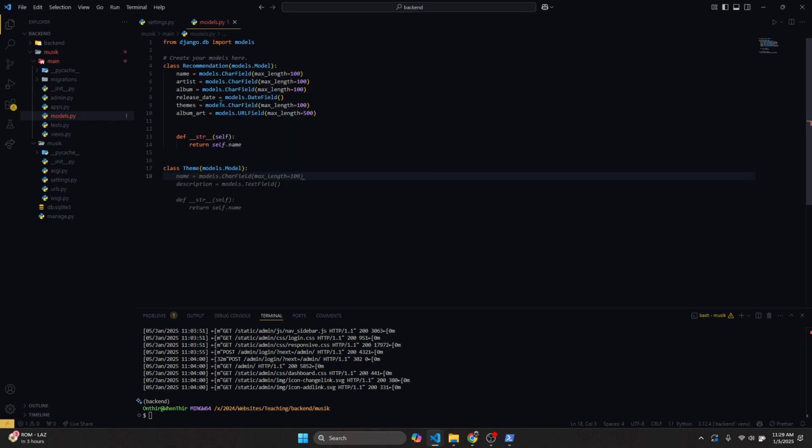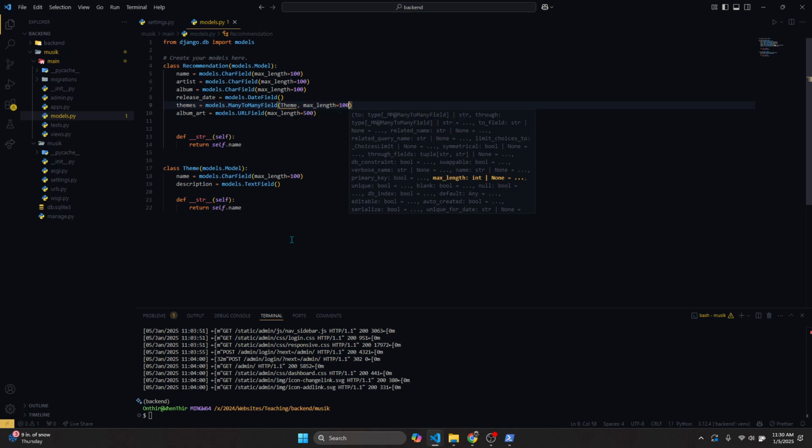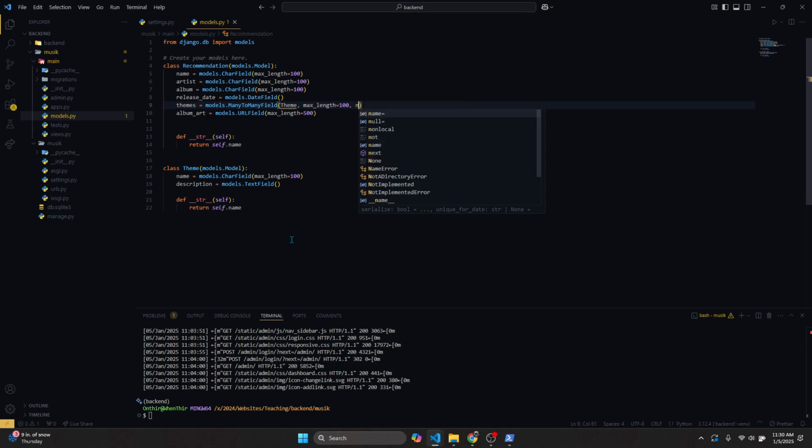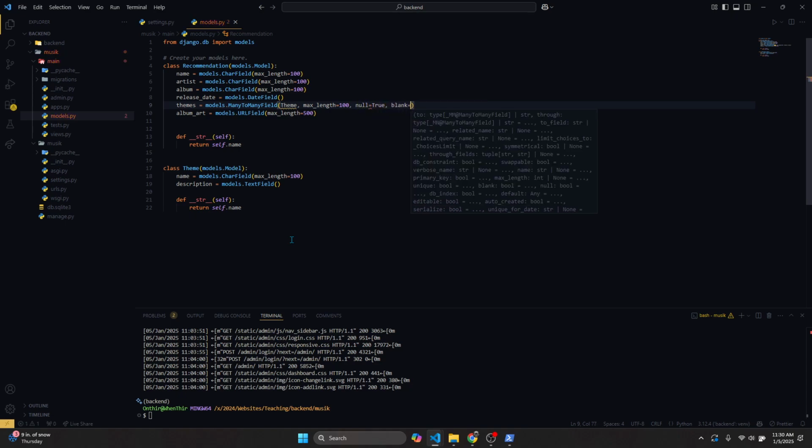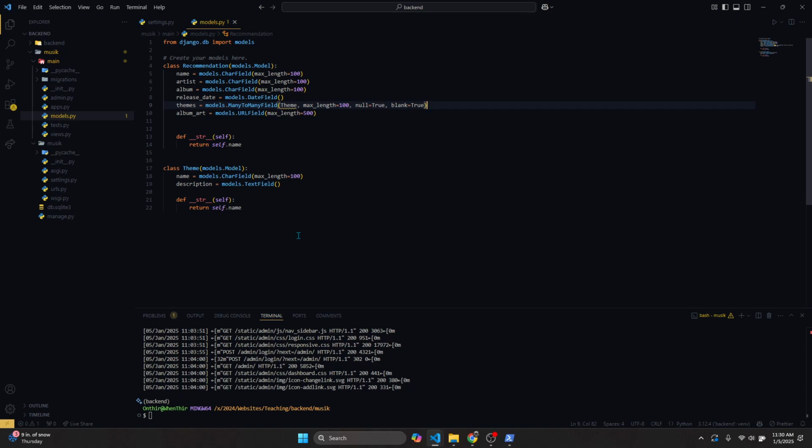because I would want themes to be a separate model so that we can filter it based on the theme as well. I feel like this looks like a pretty decent setup for a theme model, and we can do many to many field and set it up to be theme, and we can say null equals true, blank equals true. We don't need a related name right now. Okay, we do have a recommendation, we have a theme, and let's also set up